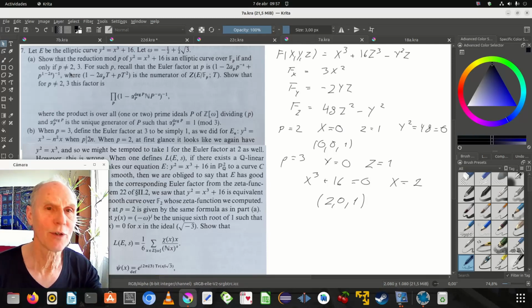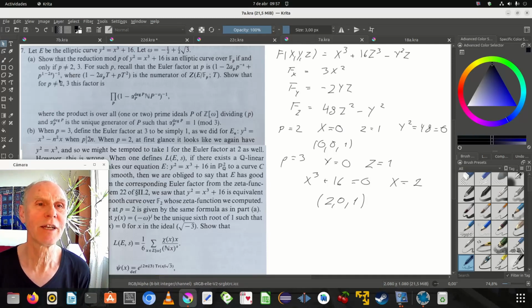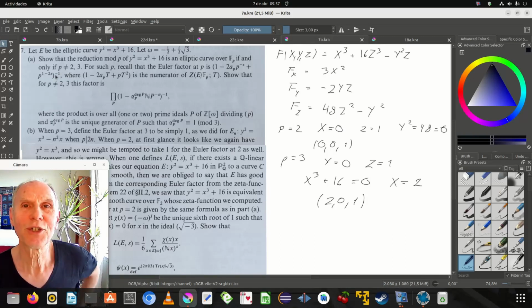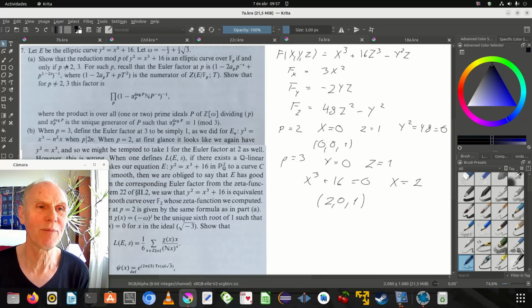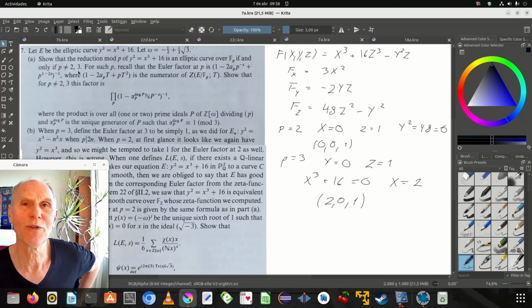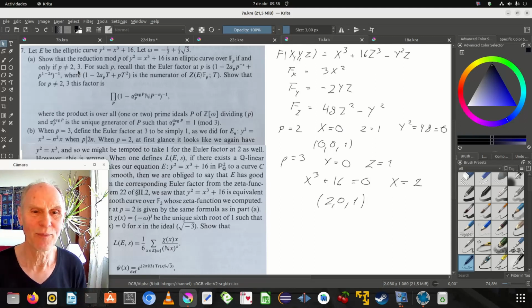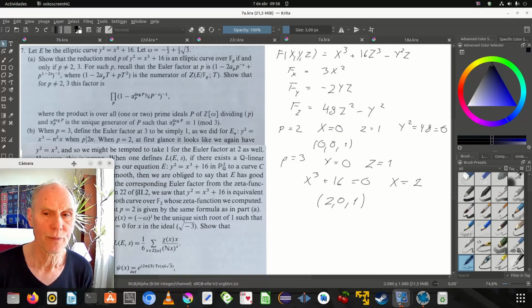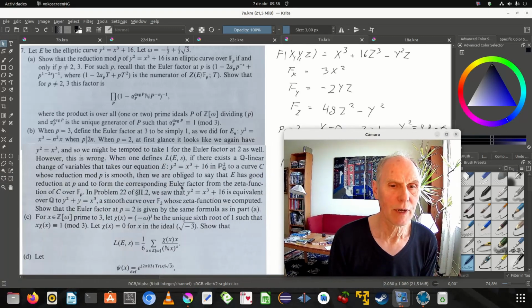I think the message here is that it's a bit complicated to check the family of rationally equivalent curves and prove that for all of them, when p equals 3, it's a singular curve. We won't do that then. Now, with the Euler factor, smooth curve, yes. Now, to start on p equals 3,